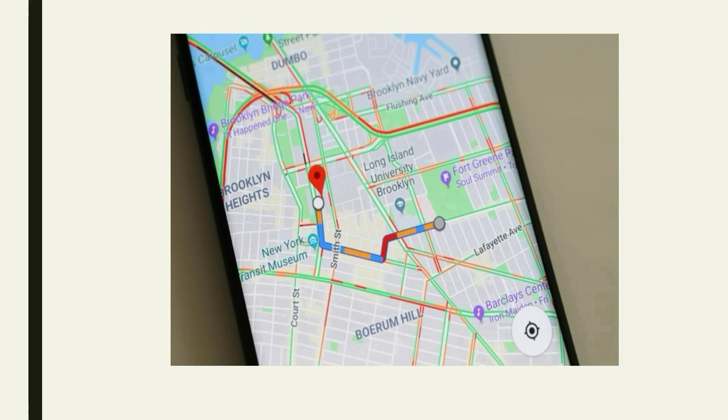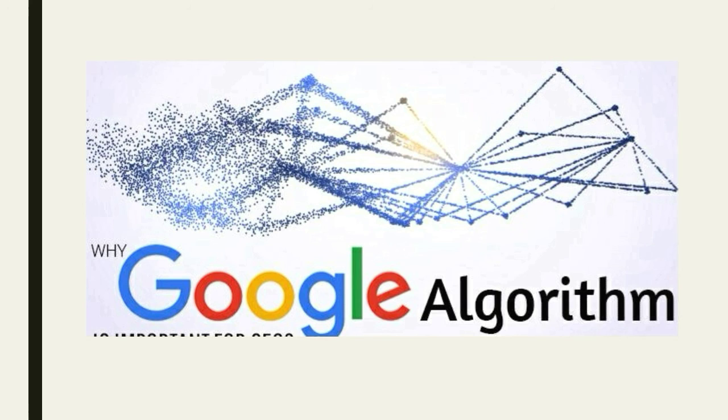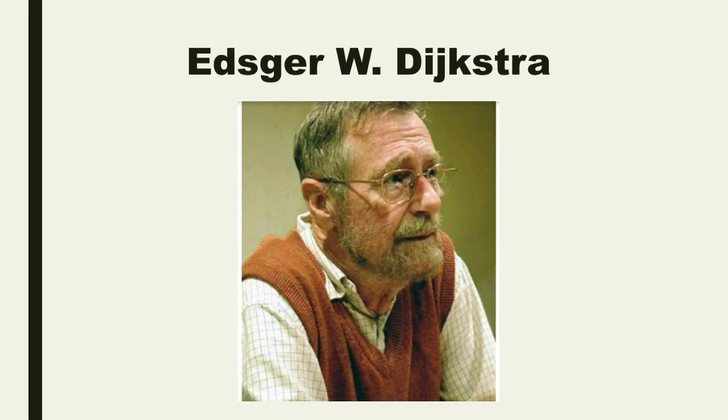Extra touch algorithm. You must have used Google Maps on your mobile phone for driving directions and maps. Google Maps is an effective route planner. Not only does it show you the exact route to reach the destination, but also gives you the shortest way to reach it. Google Maps uses the Dijkstra-Touch algorithm to find the shortest route to reach a destination. This algorithm was written by computer scientist Edsger W. Dijkstra-Touch in 1956 and has been used by Google since 2006.